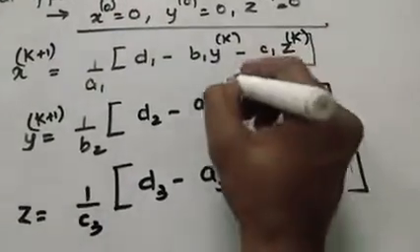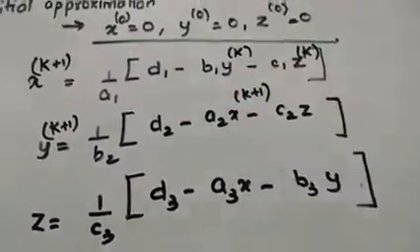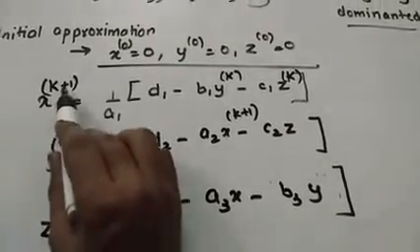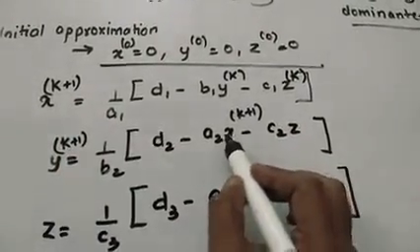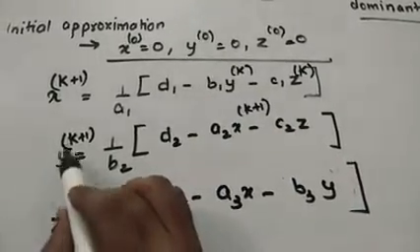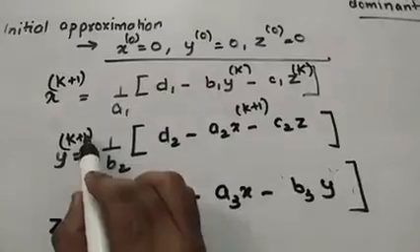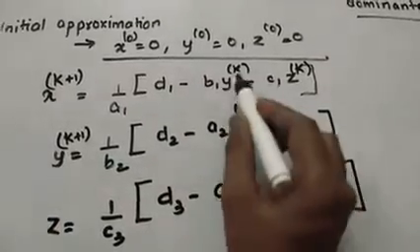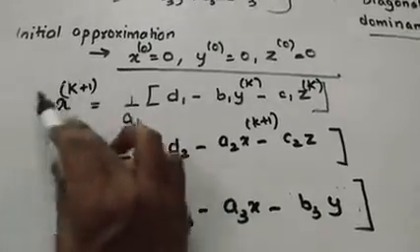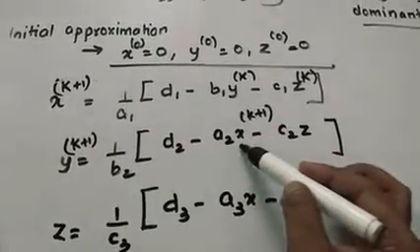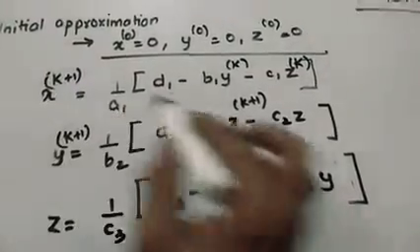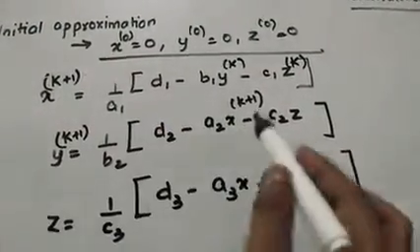That means here we are going to use k plus 1, because already from the previous step we have found our x(k+1), so we will put the value of x(k+1) while finding our y(k+1) term. In the previous step we found our x(k+1) term, so we will directly use this value in this step for finding y(k+1). Here the cyclic use comes in.